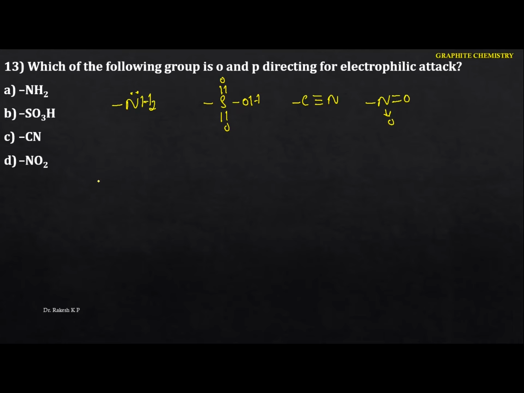Electrophilic attack. Normally we know that aromatic compounds readily undergo electrophilic substitution reactions. I'm going to take the first group here, this is the NH2, because there is an exception here. In this case the key atom is nitrogen, which contains a lone pair. But here the key atoms are sulfur, carbon and nitrogen, which do not contain a lone pair.